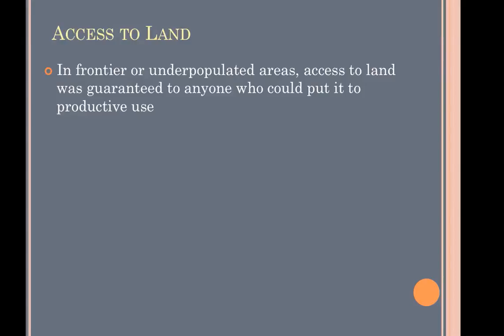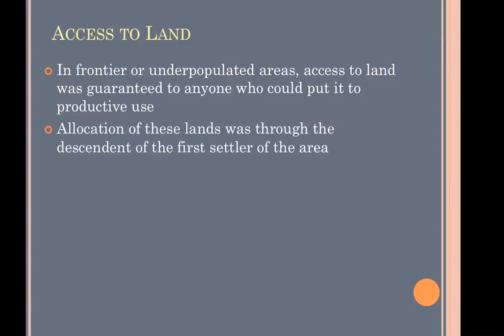So, to begin with, anybody who can put land to productive use tended to have a right to that land. But it's only for as long as they can make it productive. So it's not an absolute property ownership regime that we see throughout much of sub-Saharan Africa. But in areas where there are high populations that are well established, there might be much more control over land than that. And that just simply makes sense. It's about supply and demand.